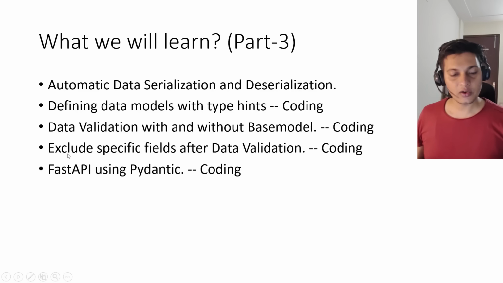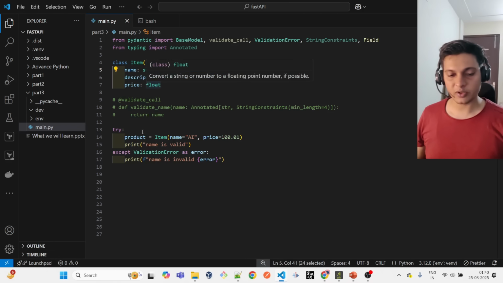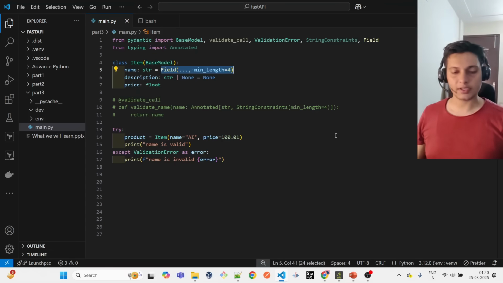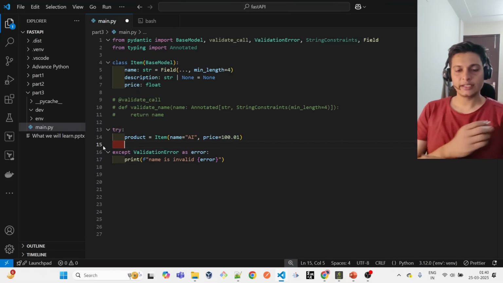So right now we are going for excluding a specific field after data validation. So we are going to use this same base model, and we have this. And okay, what example should I use? Okay, we will continue from this point only. Just remove this part, and after this, let's say